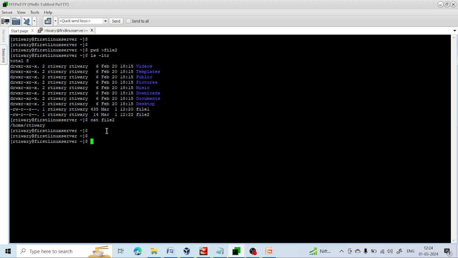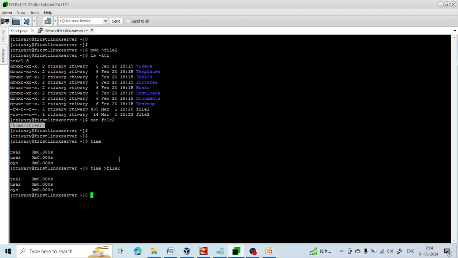You can see, currently I have the cat file 2. If I run the time command again, you see the time is showing like that. If I again do the time with this file 2, the information that was earlier present, that is home Risutiwari, is going to be replaced by this. So let me do it, and if you see the ls minus ltr, if I do the cat file 2,